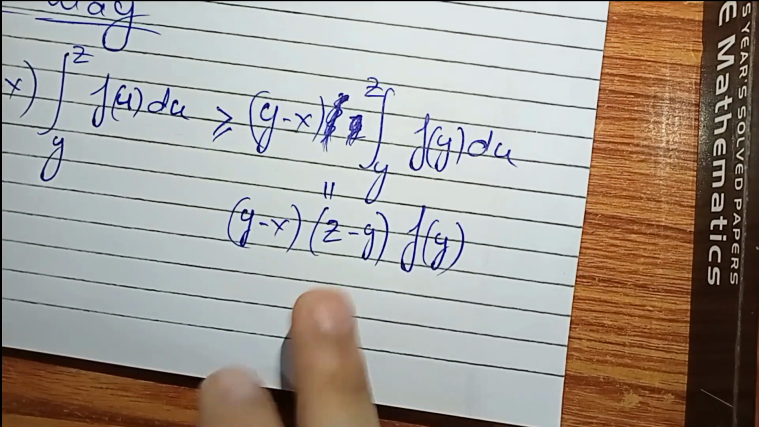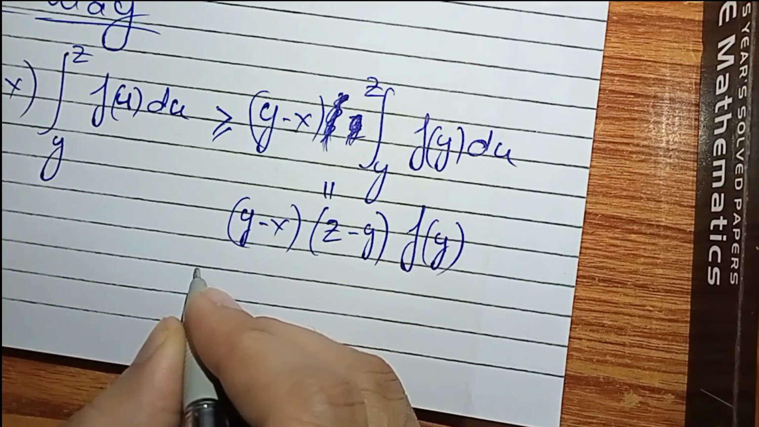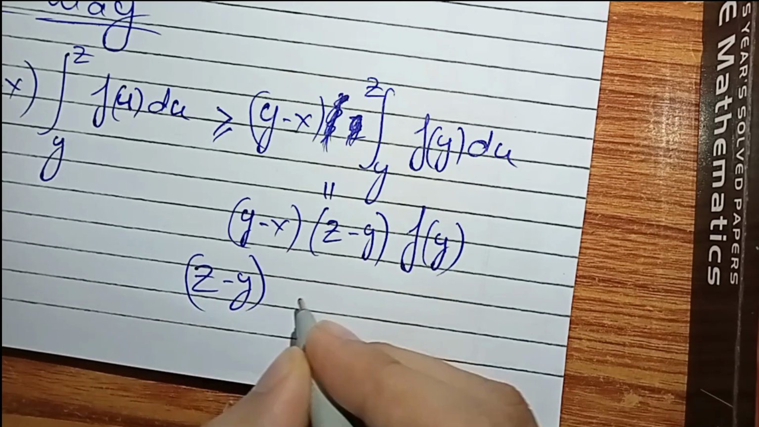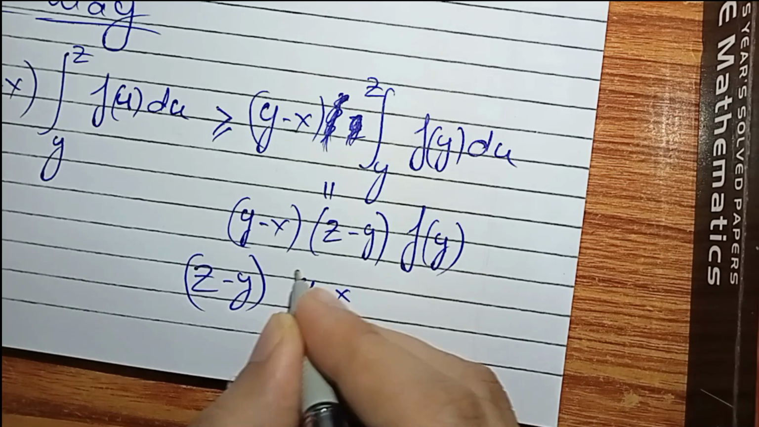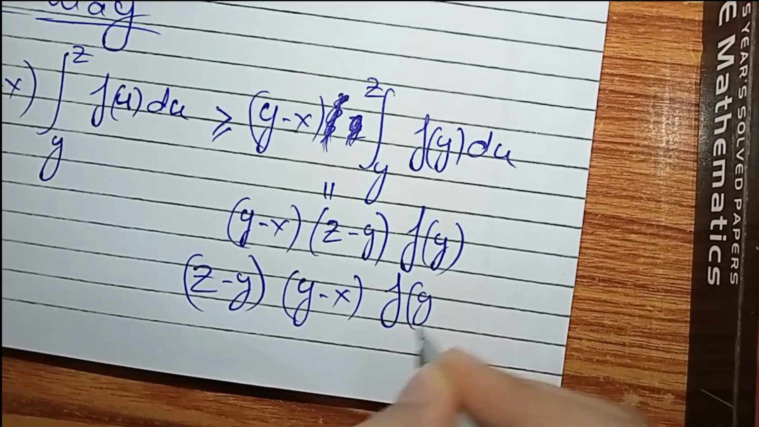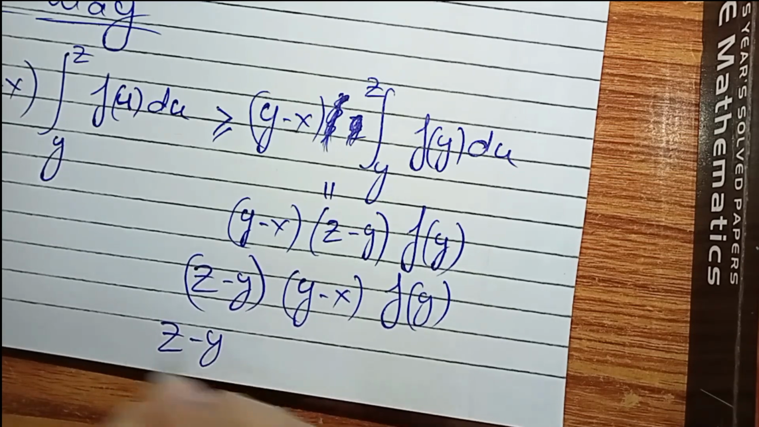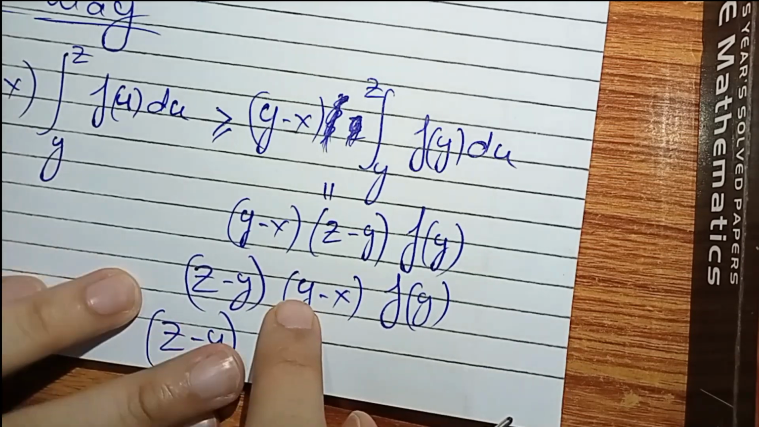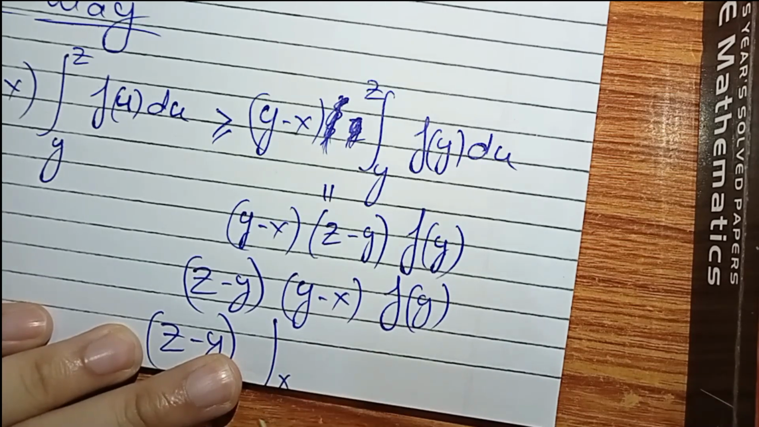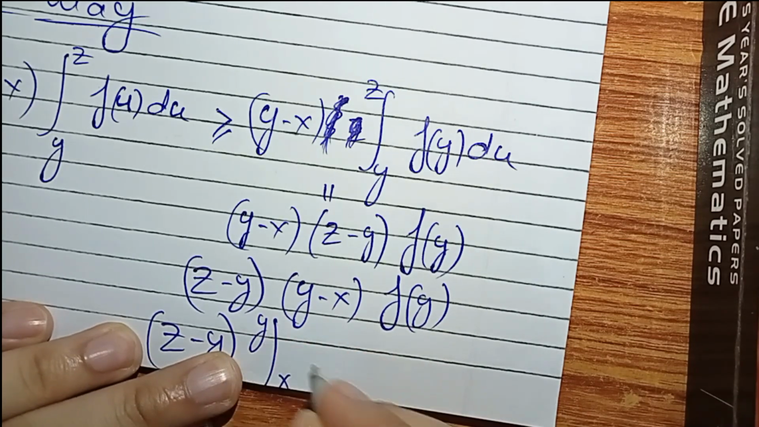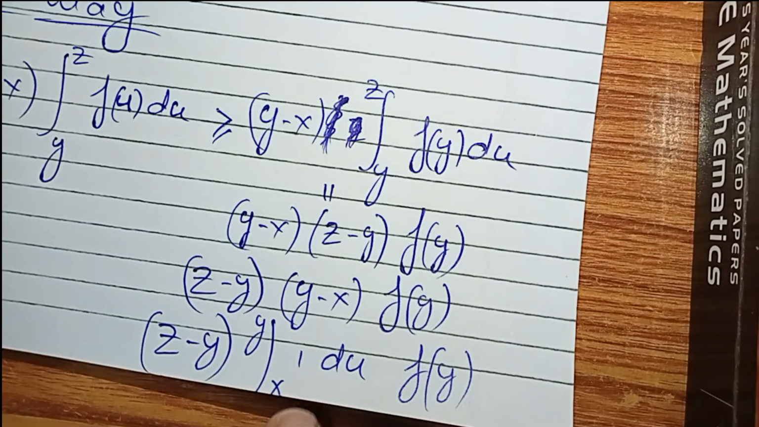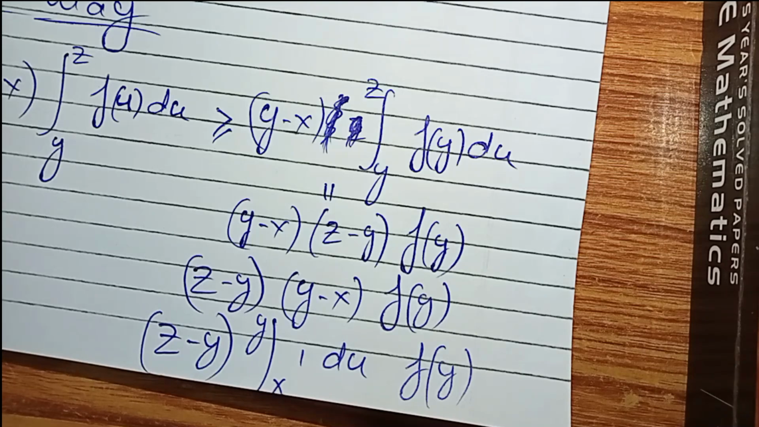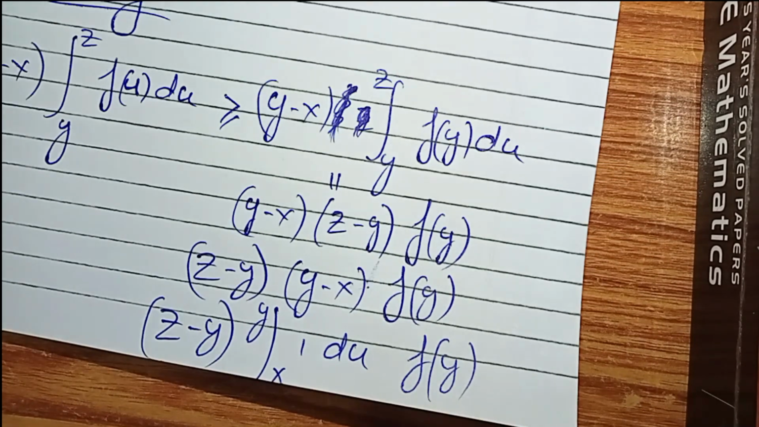Now what can I say about this? Now what I'll do is I'll rewrite this in this form: y minus x times f(y), and I will write this in this way. Y minus x can be written as the integral from x to y of 1 du, times f(y). It's right, because its integral is just this. Okay, now